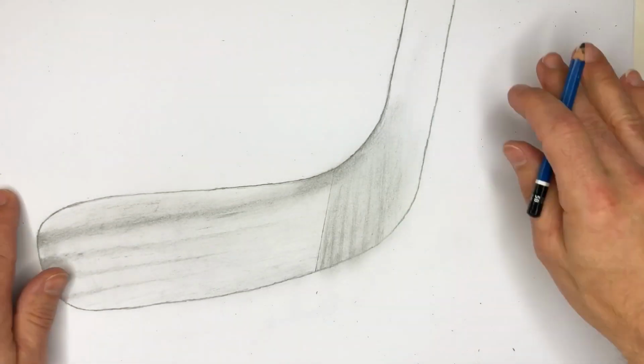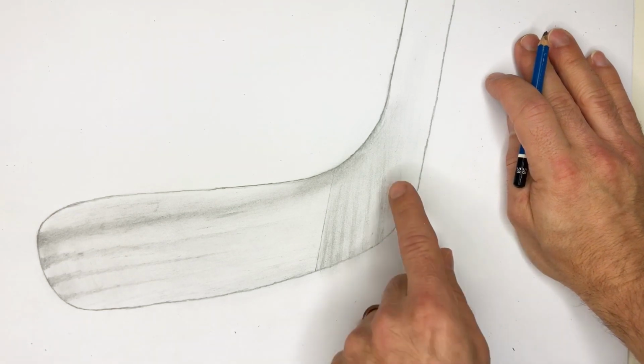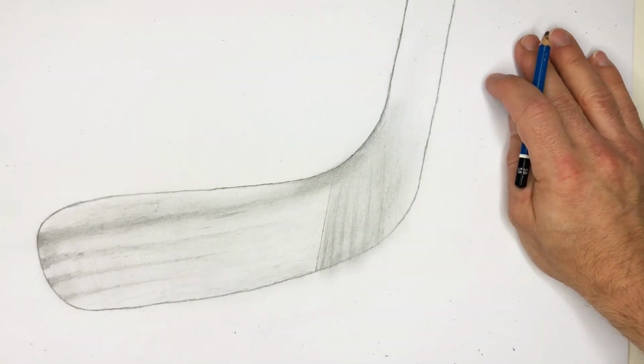Now, we might come back to this. What I think we'll do is we'll work on this area over here. So what's interesting about